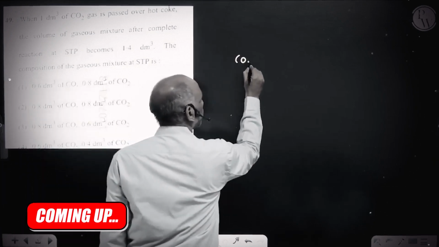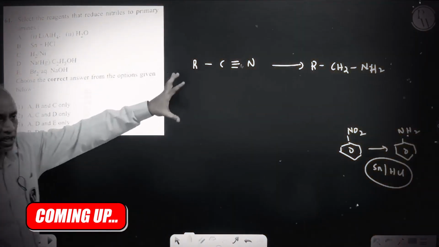When 1 decimeter cube of CO2 gas is passed over hot coke, the volume of gaseous mixture of complete reaction at STP becomes 1.4. That means when you are having the CO2, Mendes reaction is used in catalytic hydrogenation of